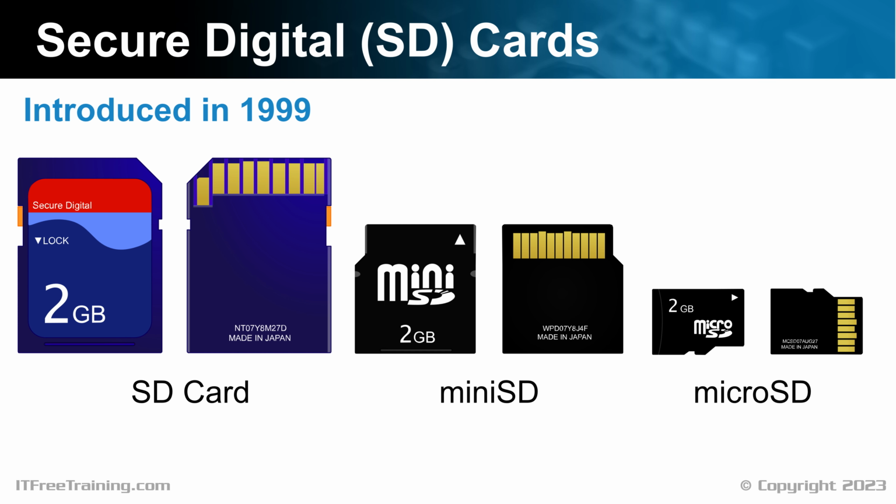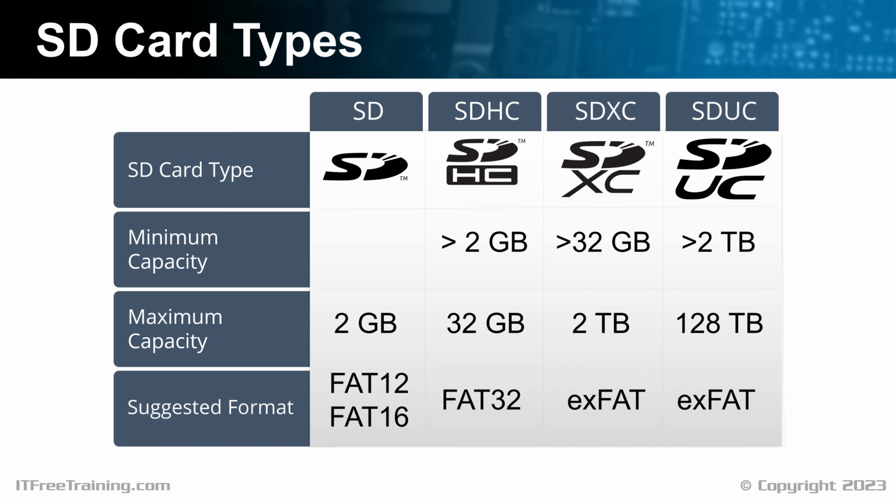SD cards come in a number of different types, so let's have a look. Currently, there are 4 different SD card types on the market. When you purchase a device, it'll support a particular type and be backwards compatible with the older types. Rather than try and remember the abbreviations, I find it easier just to look at the capacity. You can see there's no overlap on what capacity each type has.